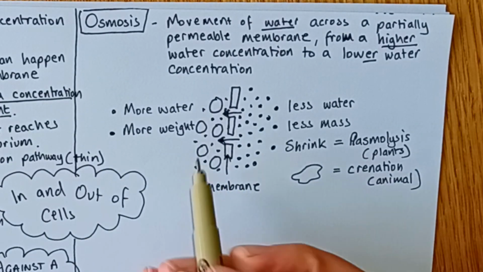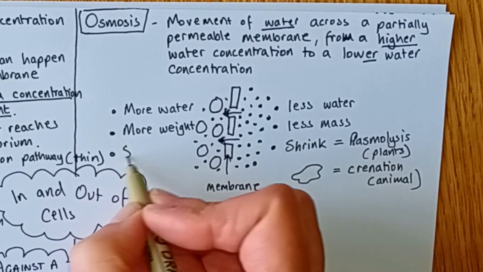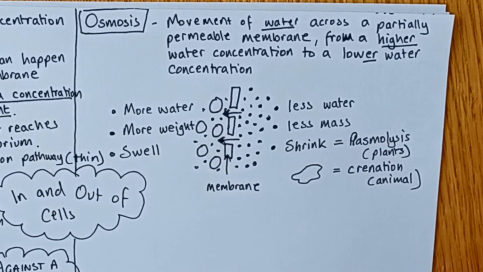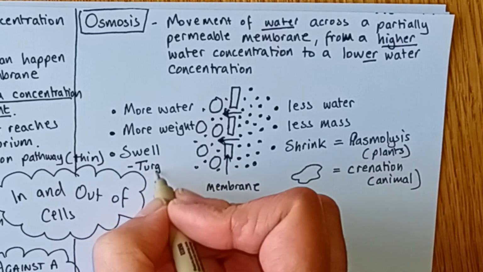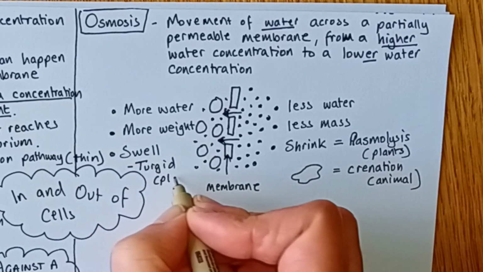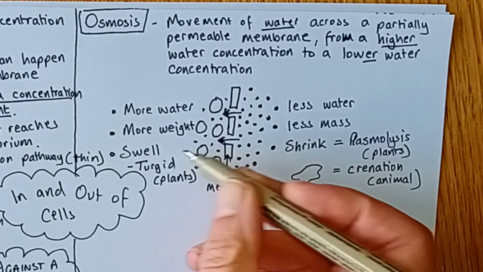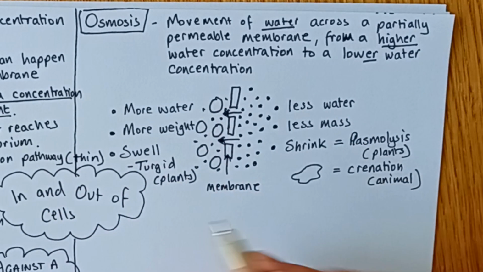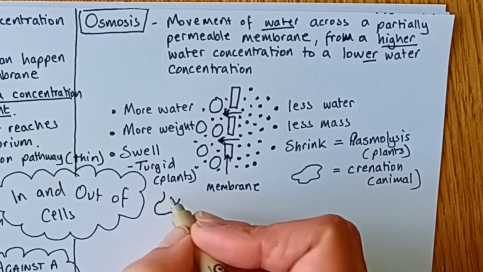On this side, however, it's got more water in it and more weight, which means it's going to swell up. That's called turgidity, or being turgid, in plants. But for animals, this is bad news, because if water moves in and it swells up, the animal cells haven't got a cell wall, and so they're going to burst,